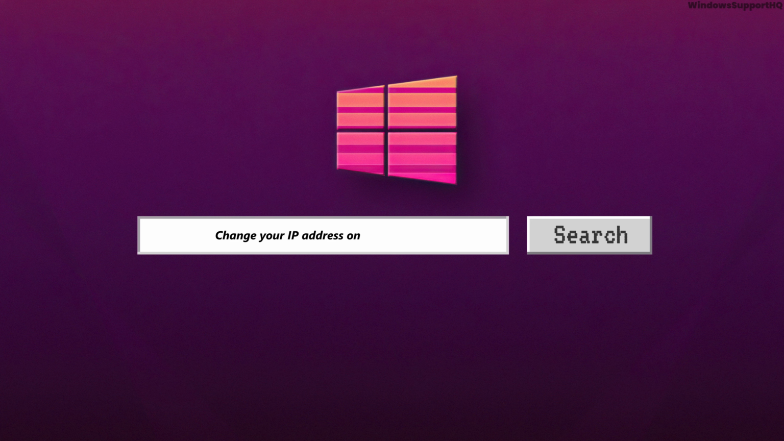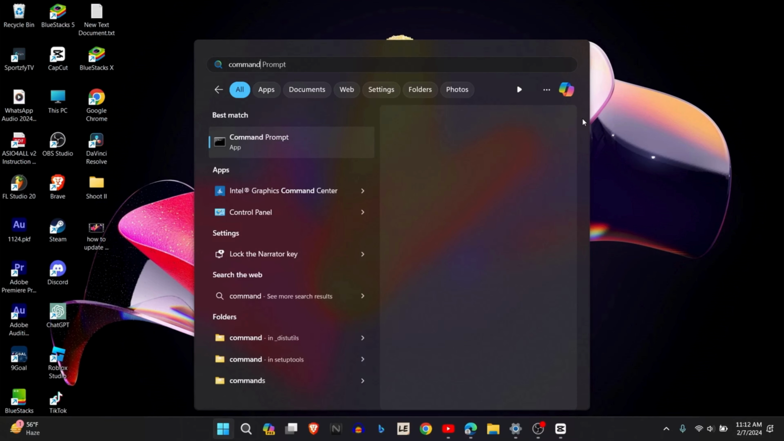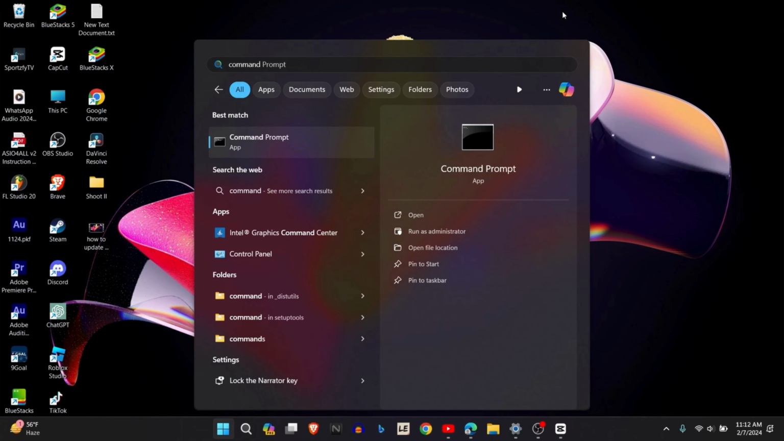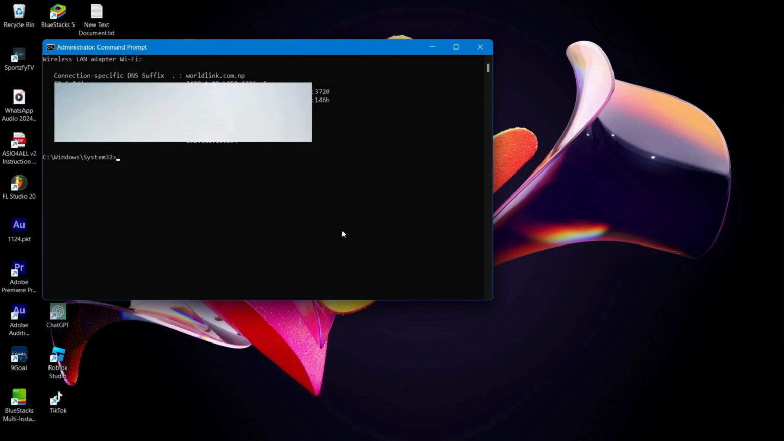How to change IP address on Windows 11. So in order to change your IP address, the first thing that you need to do is to go to command prompt. Just go to your Windows and search command prompt. From there, run the command prompt as administrator. After that, type CLS. Go to ipconfig, and from here you would be able to find your IP